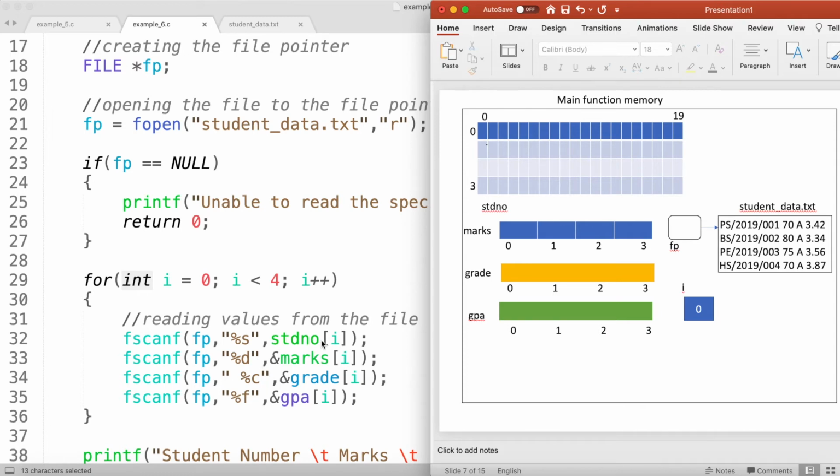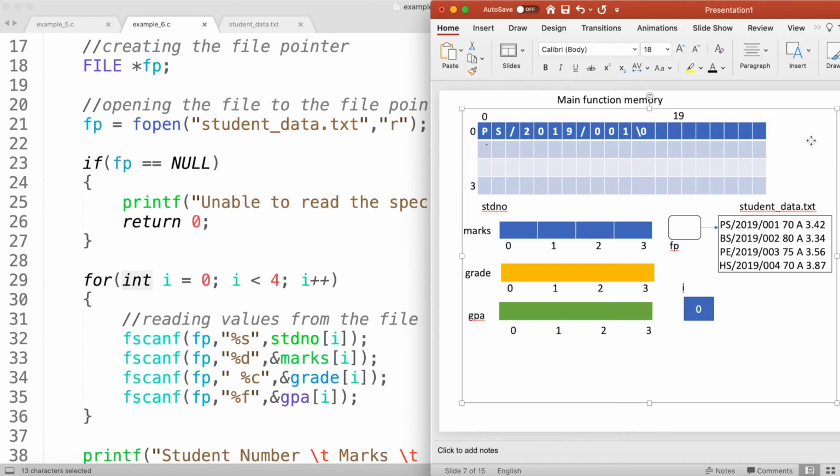So right now, if I read the first student number, that is PS 2019-001, it will be stored in my first row. So when it executes the first if scanf statement, this is how my student array will look. It has stored PS 2019-001 in the first row of the student number array, right?